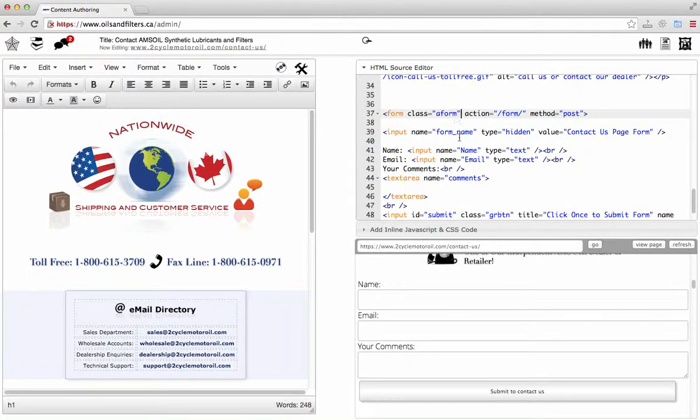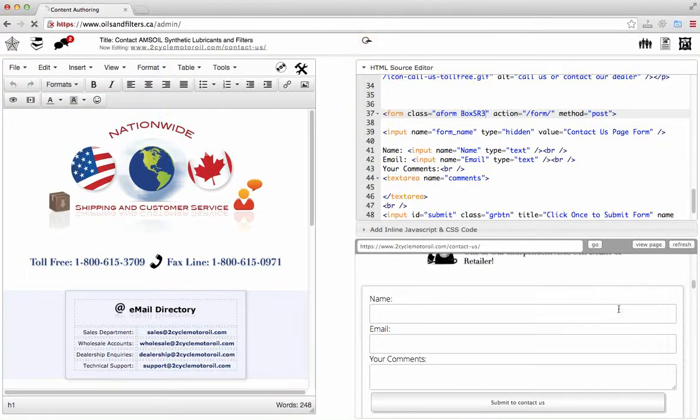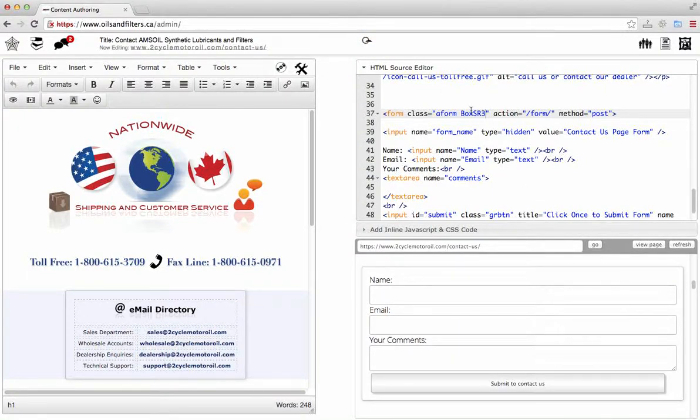When we copied the form tag, we also saw another class for the styling element. I think that is box SR3, like that. So let's see how the styling of this class will define your form. Right there. See, when you add this class box SR3, what it does at the back end is it's giving a border, like a box-like look to your